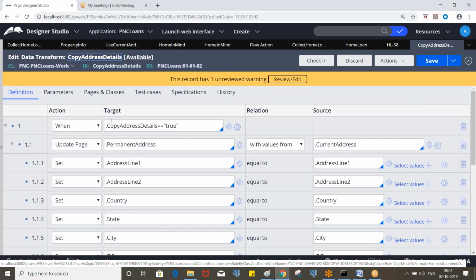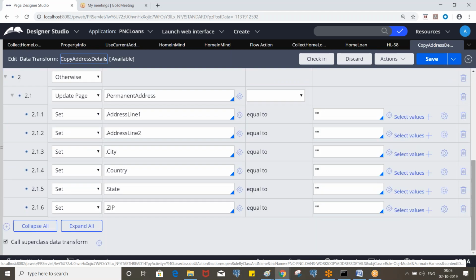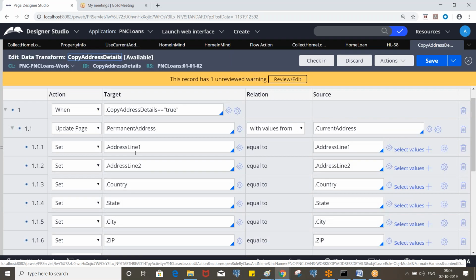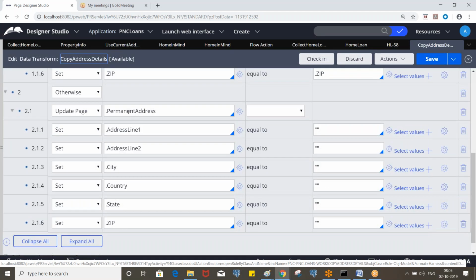Creating a new data transform will be very simple. If use current address is yes, it will be like this, and update the page called property info by taking the values from current address. Otherwise, you can copy the same data transform, but the condition will be changed here, and instead of permanent you will specify property info, and here also it will be property info. That's it, okay?